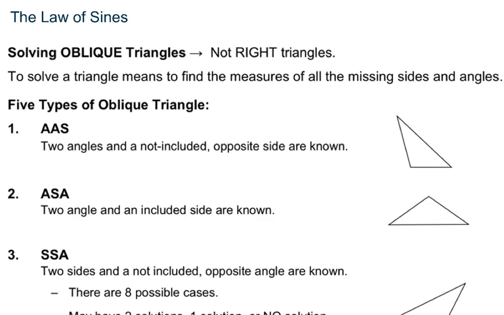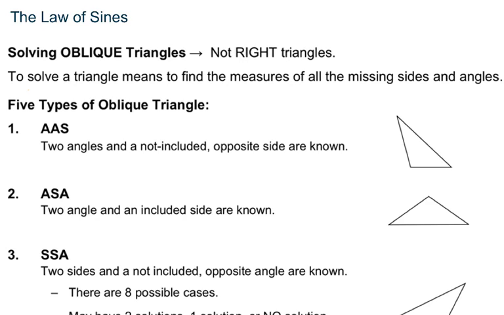So when we start talking about solving a triangle, we have these different types of triangles. Specifically, we've got 5 types of oblique triangles. And we're going to talk about how we identify them and how we label them, because we have certain triangles that we can solve with the law of sines, and then we have certain triangles which we can solve using the law of cosines. So let's identify these different types of triangles, how we refer to them, and then we will get into the